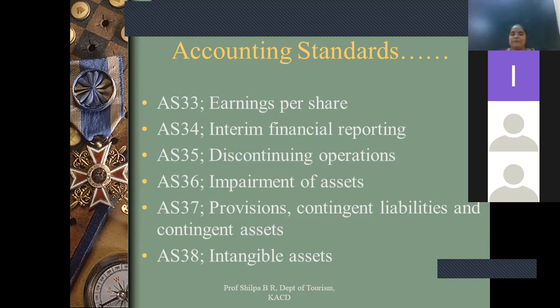It is shown like a star mark under the balance sheet, and also separately we make an account of any such payments. Why am I saying contingent? It may happen, it may not happen. So the details of any such penalties you may have to pay, or anything which may crop up, are given in contingent liabilities. Similarly, there may be contingent assets. Losing a case, you have to pay the penalty; winning the case, you may get some amount. Such assets also we are going to give the details about under accounting standard 37.